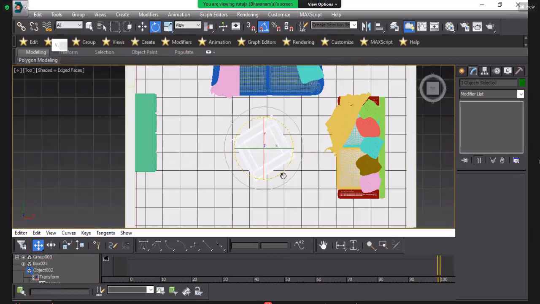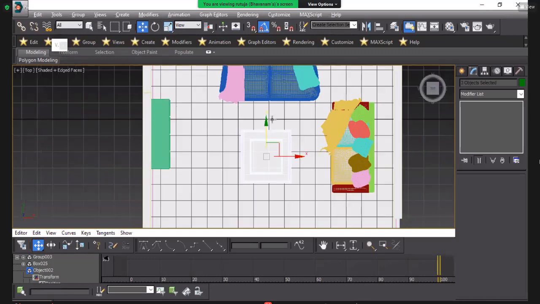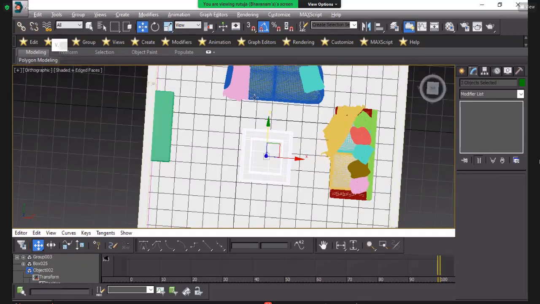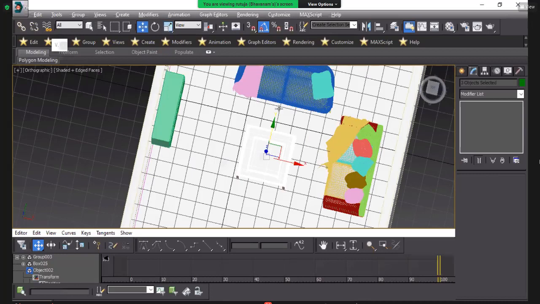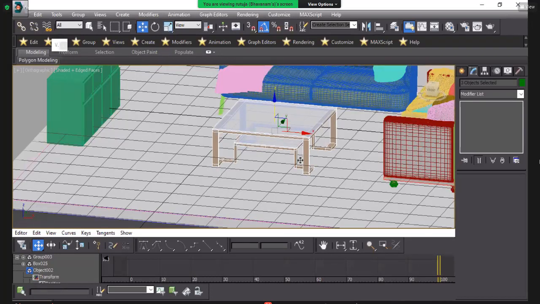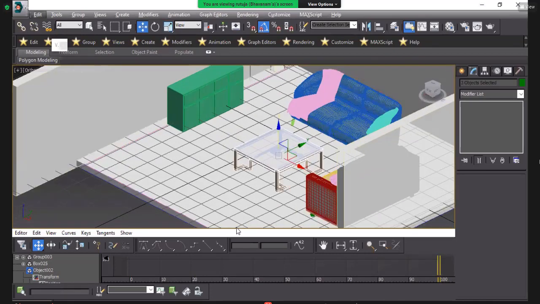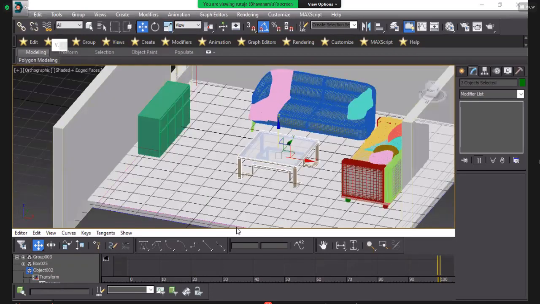And with the help of R, you can change it. I will place it here like that. Your T table is here. Do you see it? In that model, your T table is exactly like that.